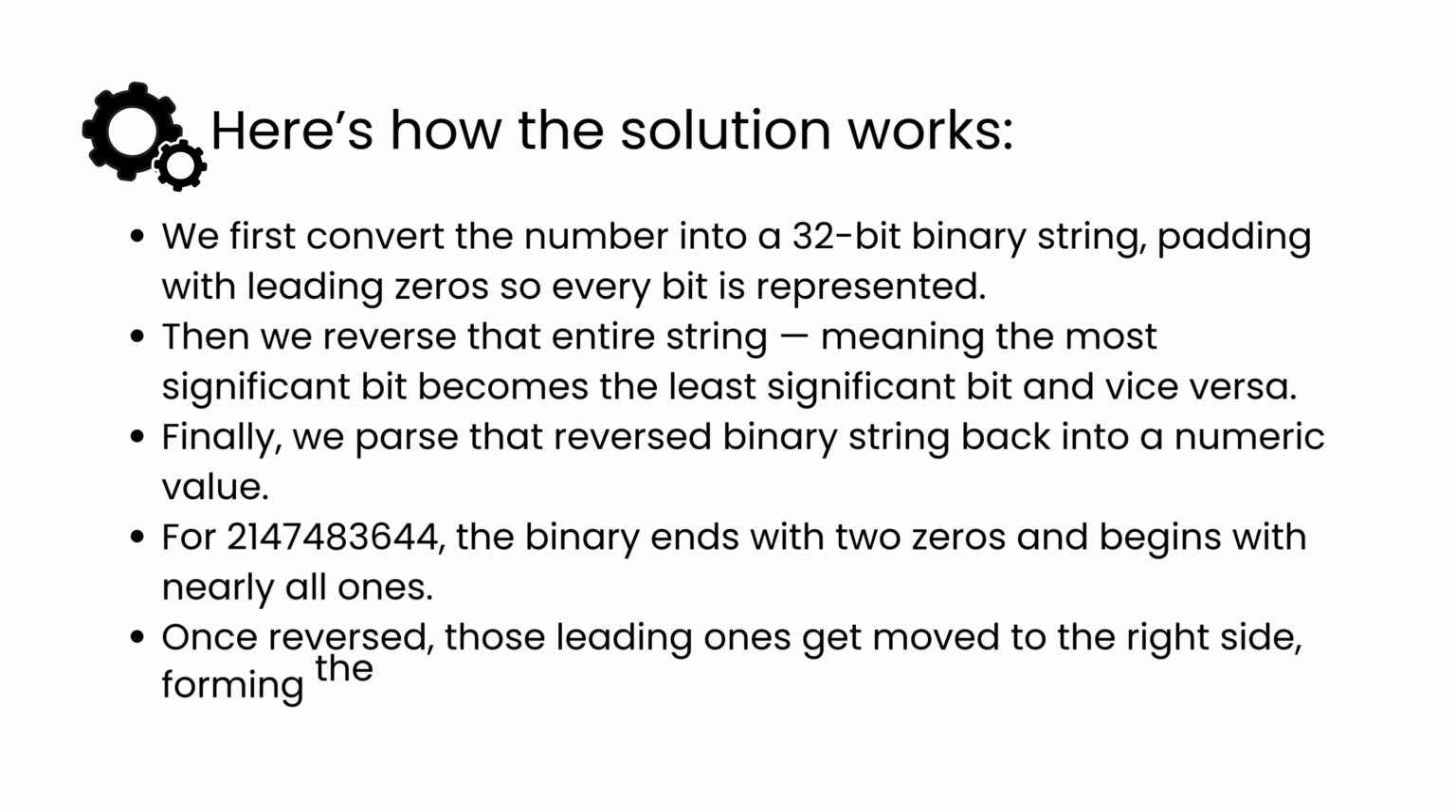We first convert the number into a 32-bit binary string, padding with leading zeros so every bit is represented. Then we reverse that entire string, meaning the most significant bit becomes the least significant bit and vice versa. Finally, we parse that reversed binary string back into a numeric value. For 2,147,483,644, the binary ends with 2 zeros and begins with nearly all ones. Once reversed, those leading ones get moved to the right side, forming the new number,